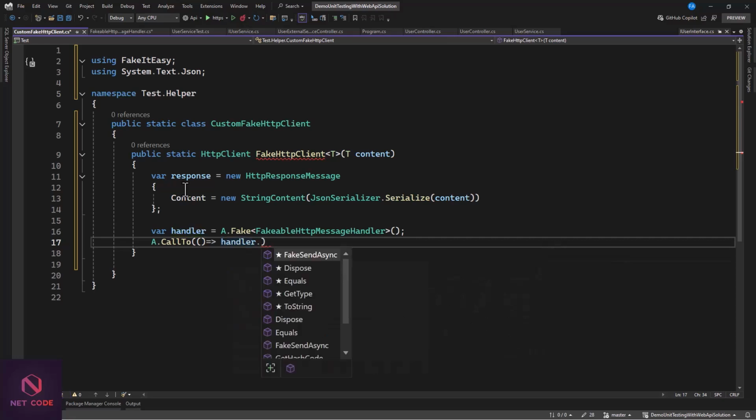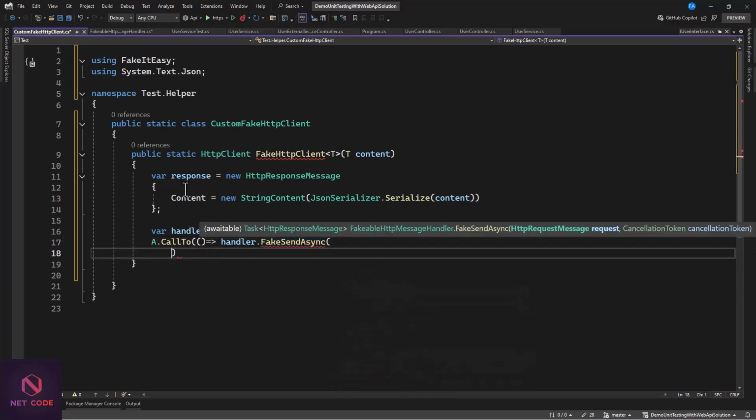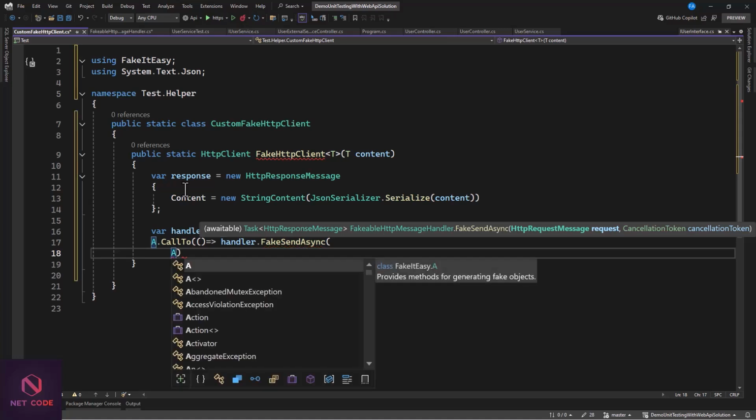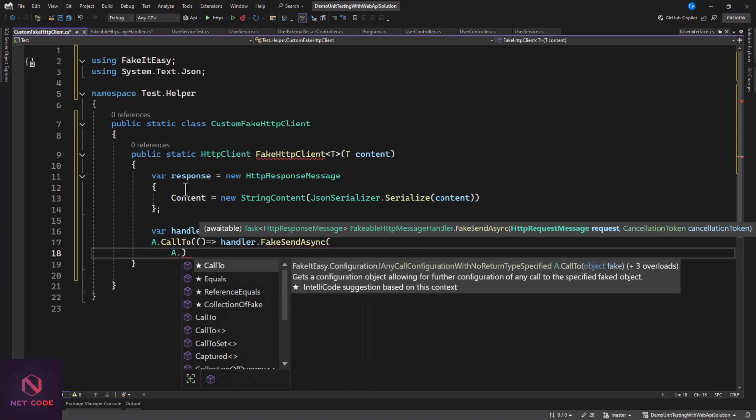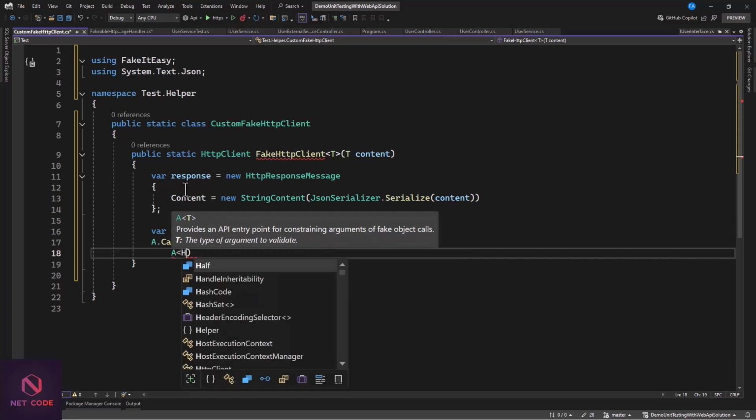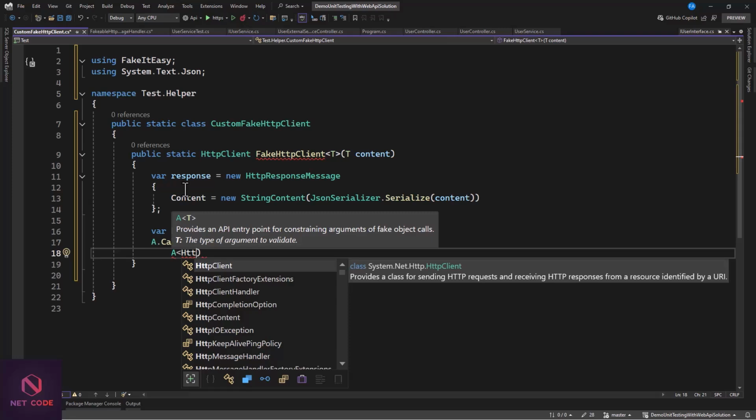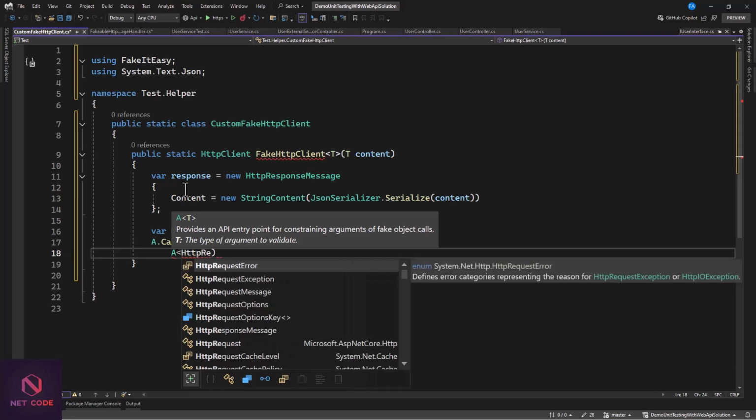This handler has a method known as FakeSendAsync. And now in that, what are we doing? We can specify the A dot, so our HTTP request, which is going to come in HTTP request message,